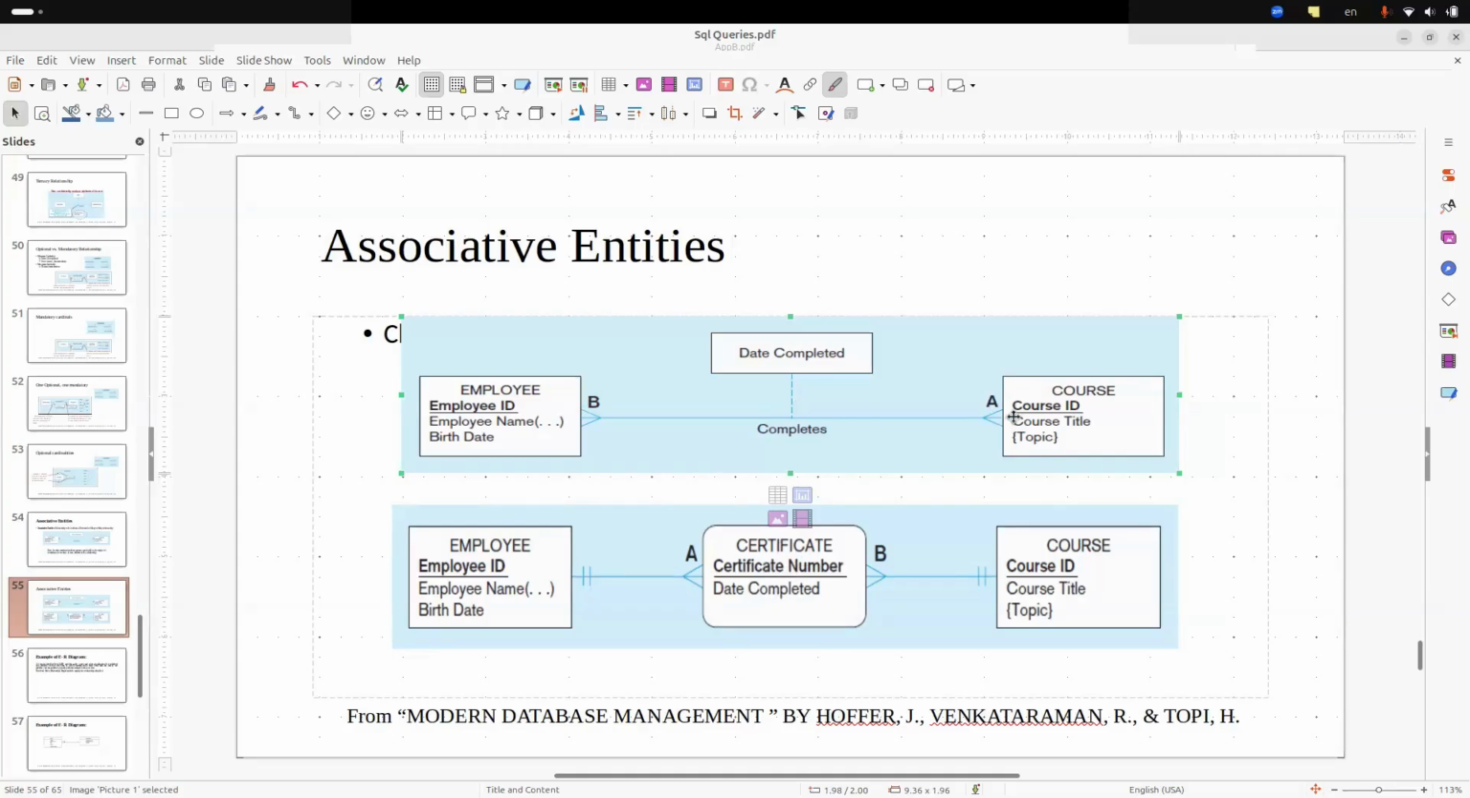Now, this many-to-many relationship is broken down into two one-to-many relationships, right? Here we had many-to-many. Pay attention to the A. It's copied here. This B is here, right? So we get two one-to-many relationships. So the many-to-many at the beginning is broken down into two one-to-many,